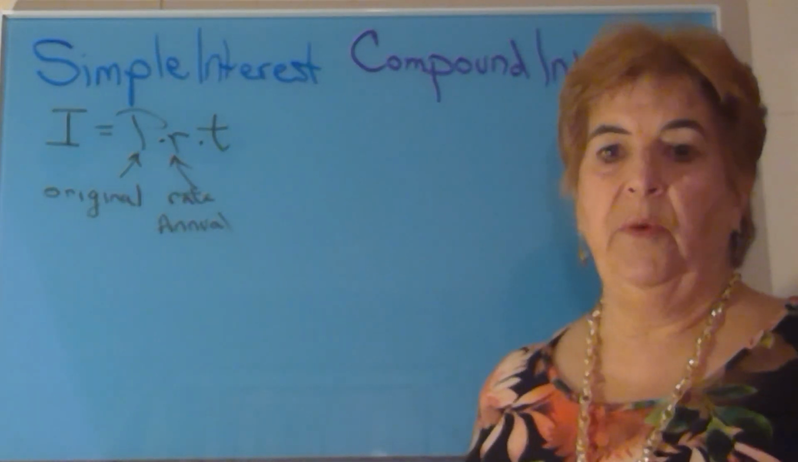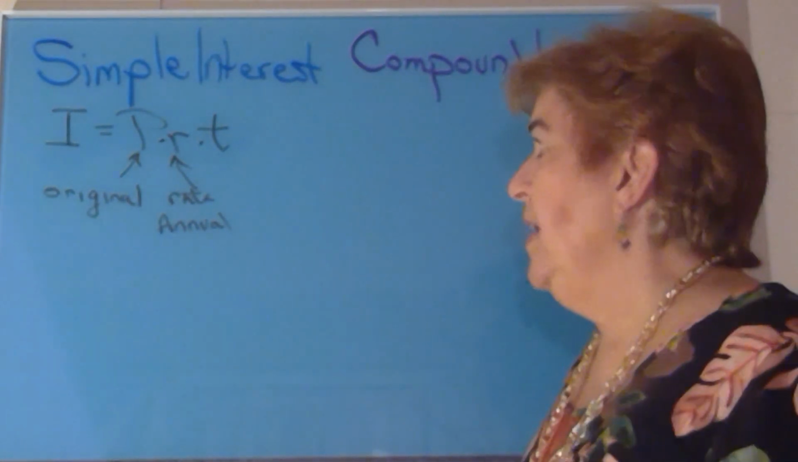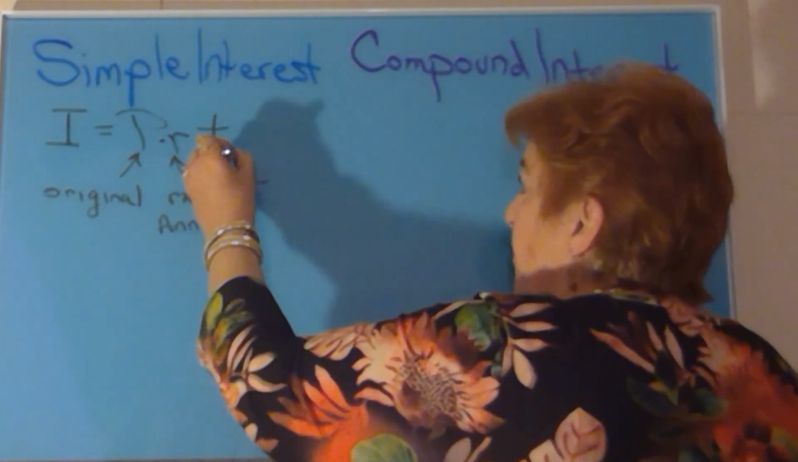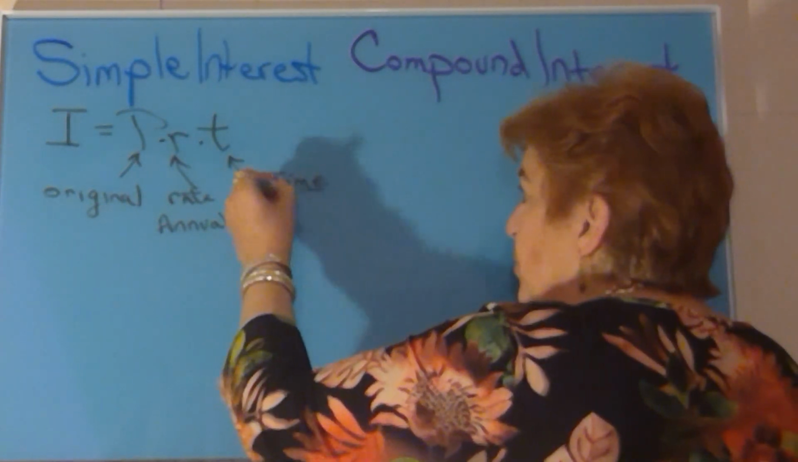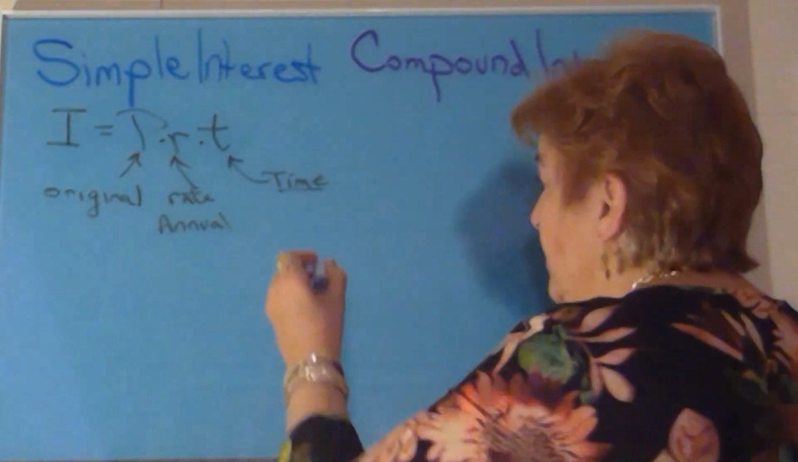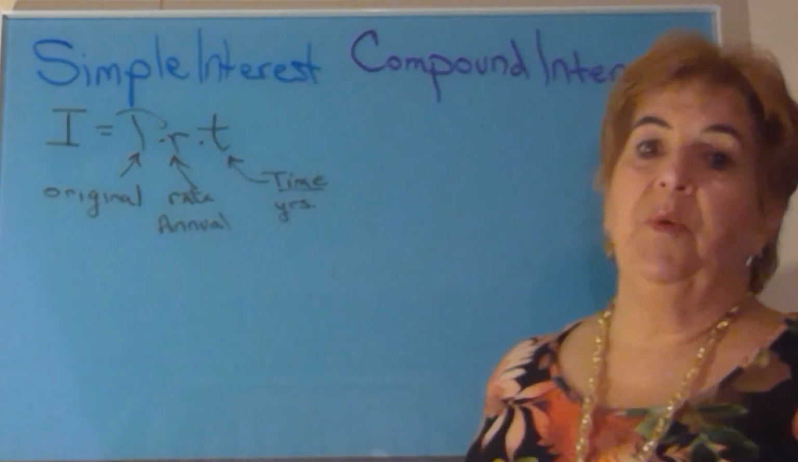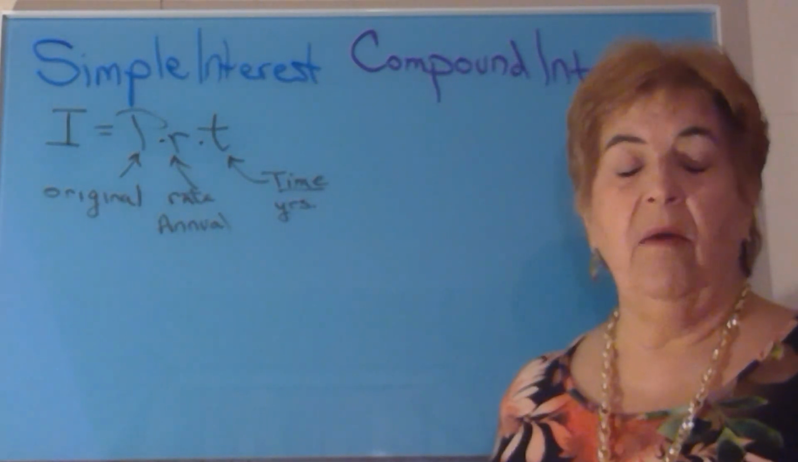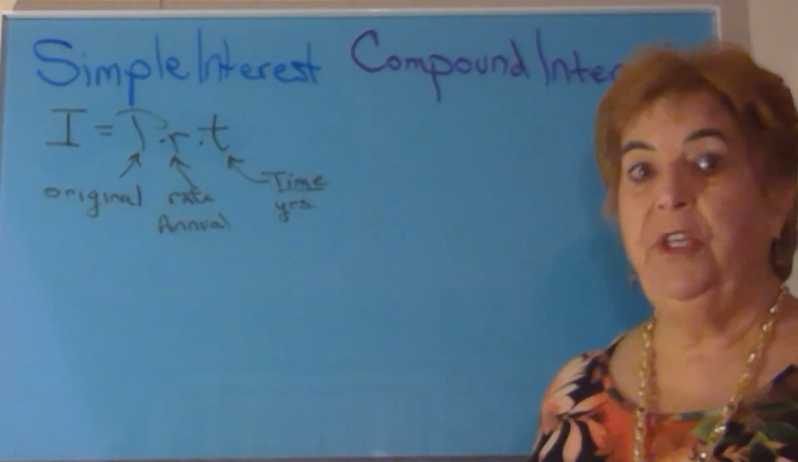If it's not annual, it will state that it's a monthly interest rate or something like that, but usually an interest rate is given as an annual rate. And the T is time. Now, the time has to agree with the rate. So if it's an annual rate, the time has to be in years. And sometimes a problem will tell you how many months you had it in there. You had the money in the account for 18 months. To change months to years,